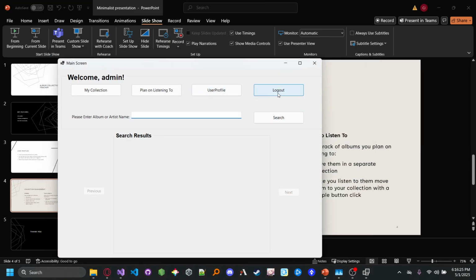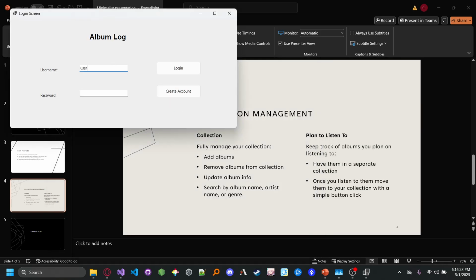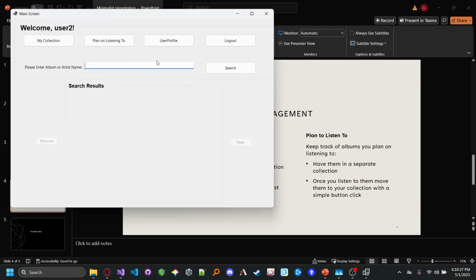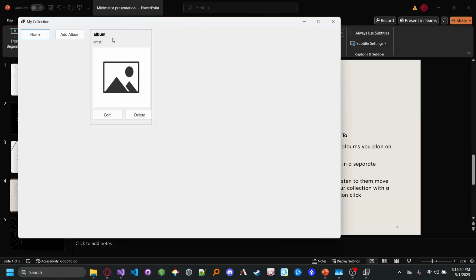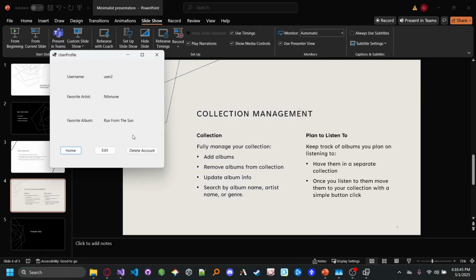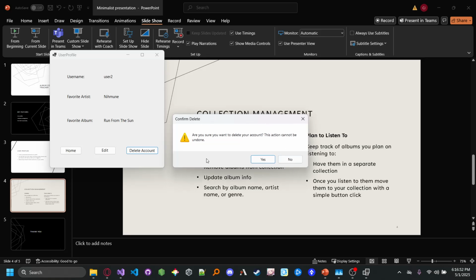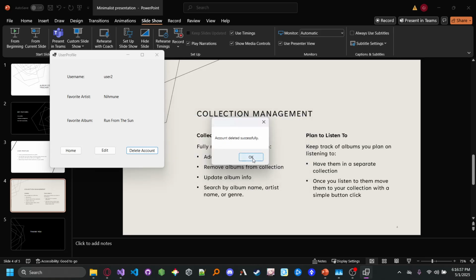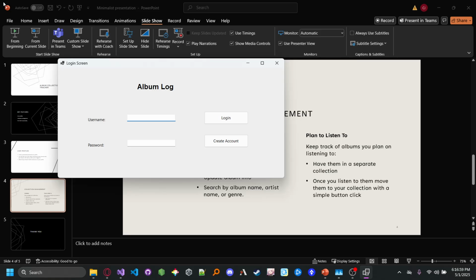And then on top of that, I'll go ahead and show off the user delete function. So I got just a dummy account here. So we log in here. Same stuff here. Don't have anything in here, but we go to user profile, and then we can obviously see basic user information here, favorite artist, favorite album. Go to delete account. We'll get a notification here saying, are you sure you want to delete this account? It can't be undone. Let's go ahead and click yes. And account successfully deleted. And once that's done, it'll take you back to the login page. So we'll go ahead and try to